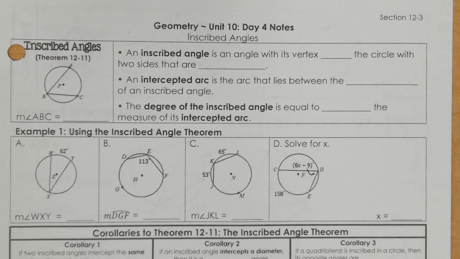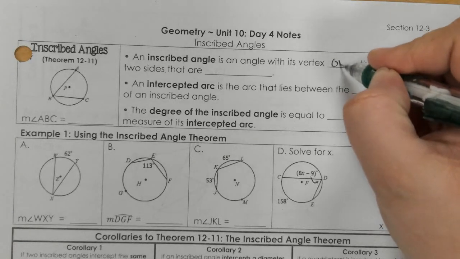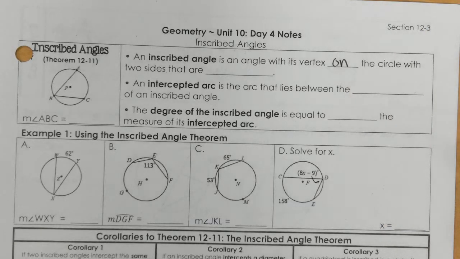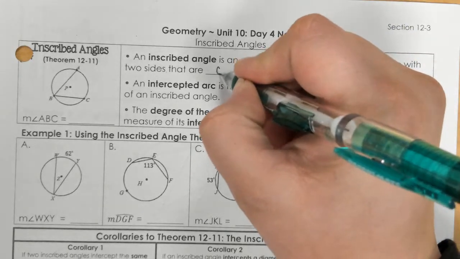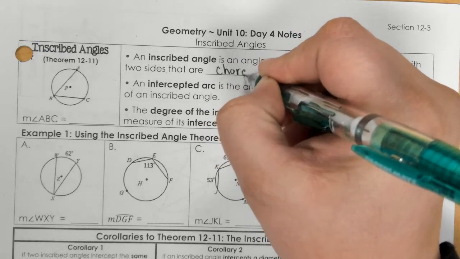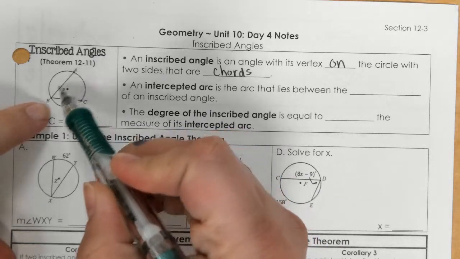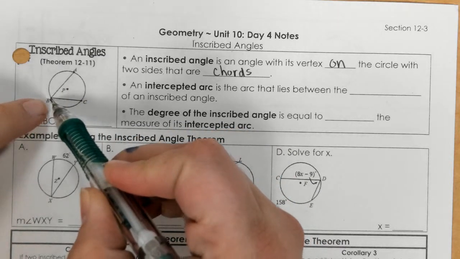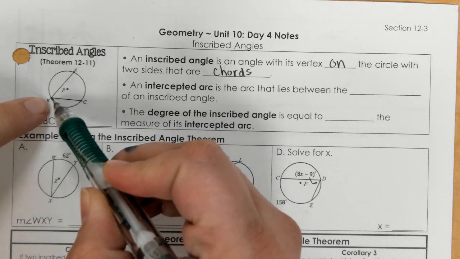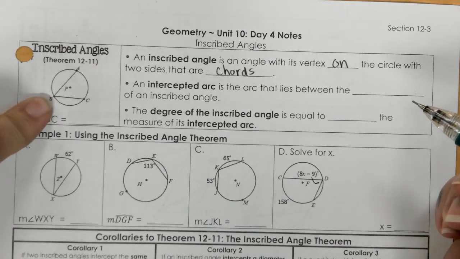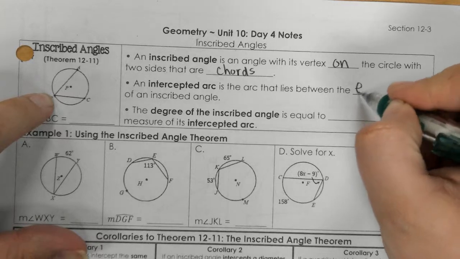An inscribed angle is an angle with its vertex on the circle with two sides that are chords. And then there's an example here. So we have two chords that meet at angle B, and that is your inscribed angle when it's on the circle. An intercepted arc is the arc that lies between the endpoints